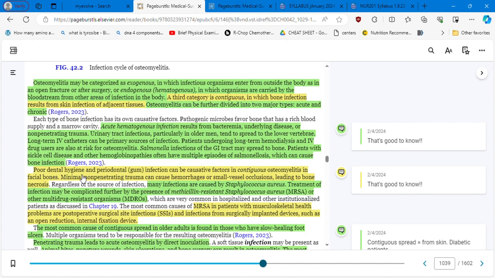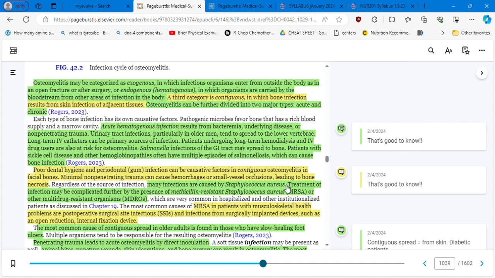Also, poor dental hygiene and periodontal gum infection can be causative factors for contiguous osteomyelitis in facial bones. What is contiguous again? The bone infection results from skin infections of adjacent tissues. So in this case, minimal non-penetrating trauma can cause hemorrhages or small vessel occlusions leading to bone necrosis. Many infections are caused by Staphylococcus aureus, and this is the big one in hospital. Staphylococcus aureus is